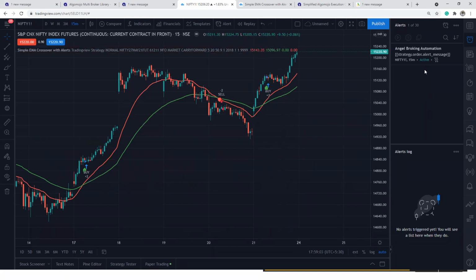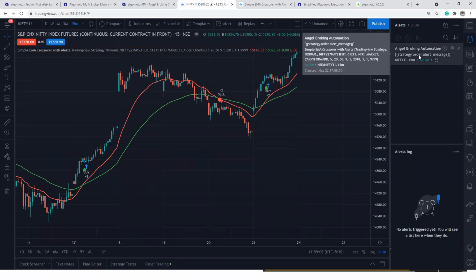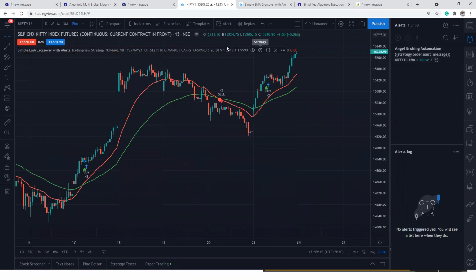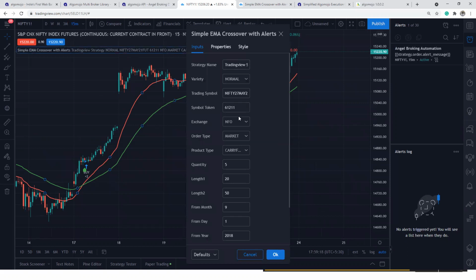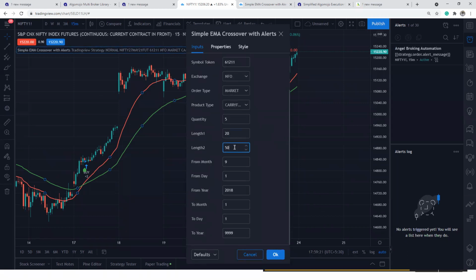To which symbol it will send an alert, you have to place your cursor over here. It shows which EMA crossover you are running. And what are the symbols of the configuration, everything you'll be able to see over here. So if you want to see what configuration you had mentioned over here, it's the same thing. 20 and 50 EMA crossover is what the signal strategy is going to run. Quantity is 5. Suppose the quantity is supposed to be 5, right? It's supposed to be 75 is one lot, or 375 is what I have to run. This 5, TradingView knows that it is 5 lots, but AlgoMojo doesn't know that 5 is the lot size. For AlgoMojo, 375 is the lot size. Okay, so save it as 375.